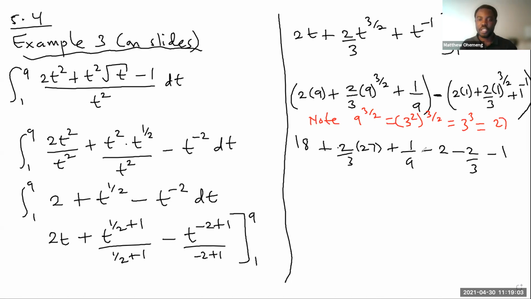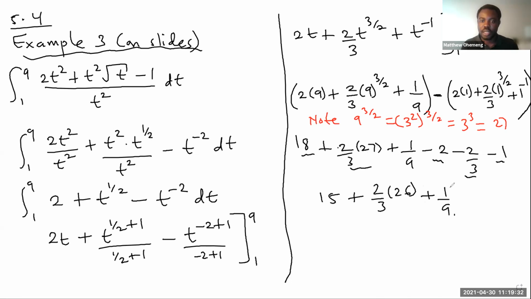Right, so when you get here, just group like terms. I see this, I see that, I see this one. I can group these. So what do I have? That'll be 18 minus 3, which is 15. And then for these two, I have plus 2 over 3 times 26. For these two, I've dealt with these two. And then plus 1 over 9. Right, and then for this, I can just say, okay, 15